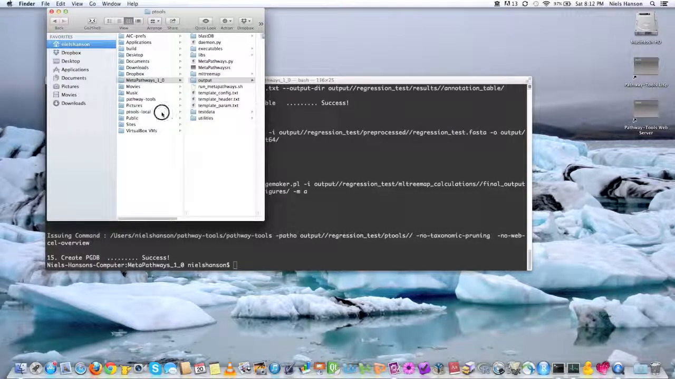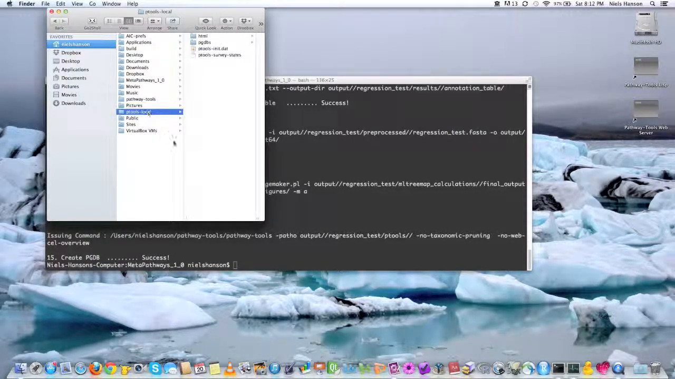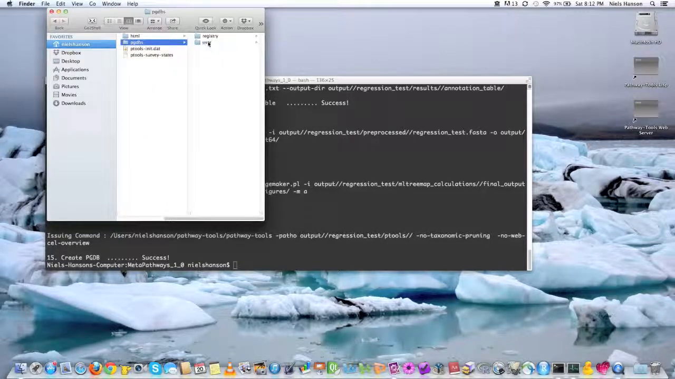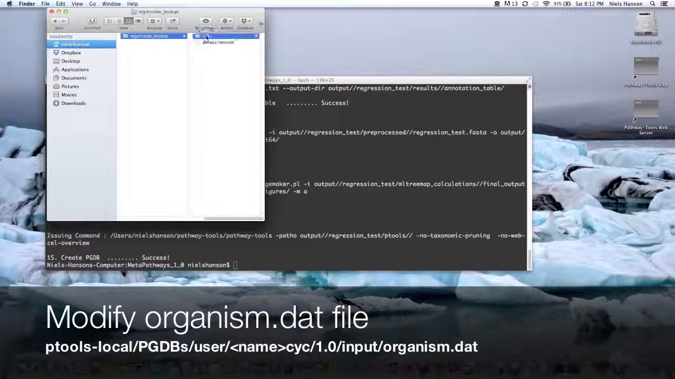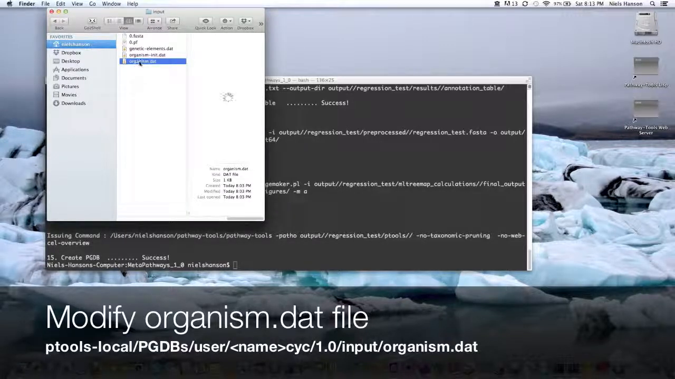Now, if you go back to the ptools local directory, which I told you that you should remember, this is the reason why, because this is where all your PGDBs are stored. If we go into PGDBs and user, we'll see that now we have a regression test cyc. We're going into all this because there's this organism.dat file in the input. If you open this up,